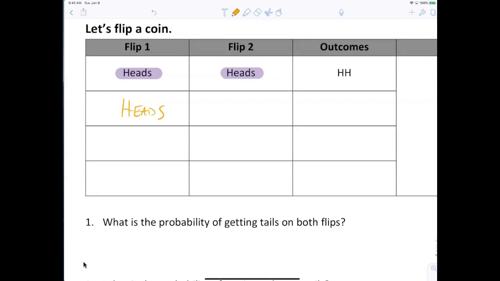And then if I flip it again, this time instead of being heads, heads, it could be what? Heads, tails. So this could be tails. Now, is there another possibility that can occur if I flip the coin and the first time I get a